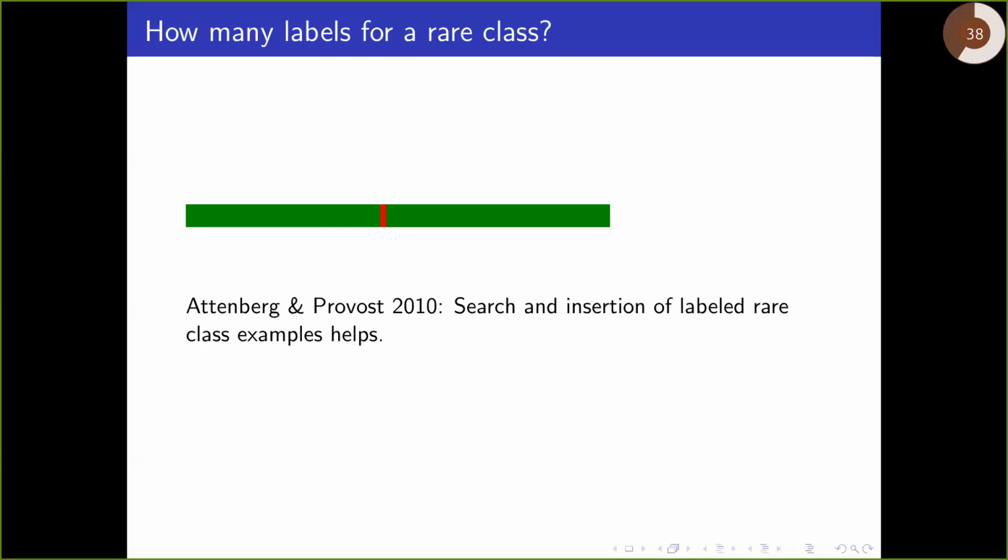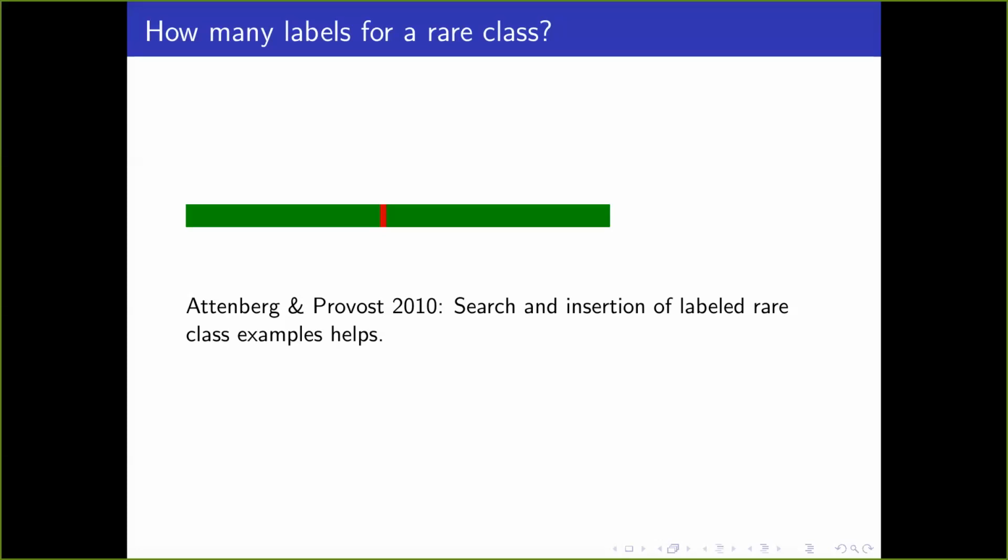Okay, so there's a paper by Josh Attenberg and Foster Provost a while ago saying that search can be very powerful in this situation. So if you allow people to search for that one red example and put it into their data set, then that can become a very powerful way to achieve a small error rate quickly. So it's necessary that it's people? What's that? So it has to be people. I don't know if it has to be people, but any mechanism for searching could potentially help you get around this.